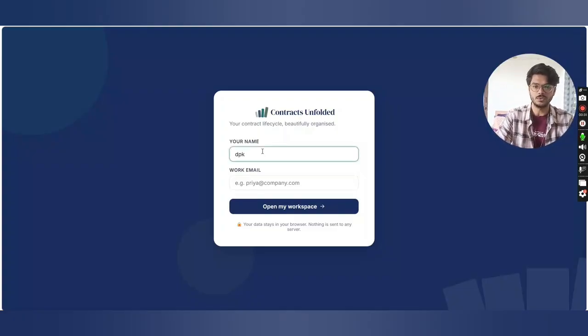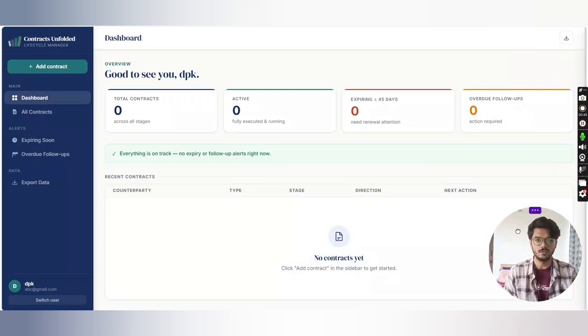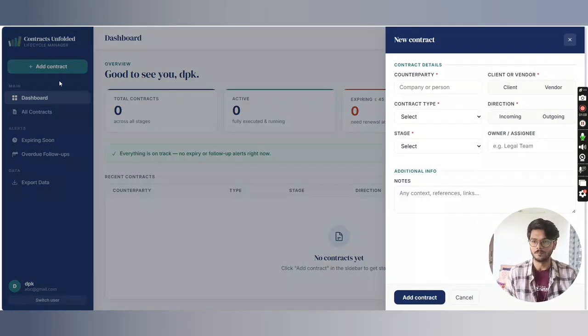So first of all, you need to enter your name and your email ID, and basically you have to click on open my workspace. And when you click on open my workspace, this is the kind of dashboard that you will see. So the tool is primarily focused on tracking the contracts, and not only the contracts, the entire life cycle of contract. So let's click on add a contract from the menu that is there on the left hand side,